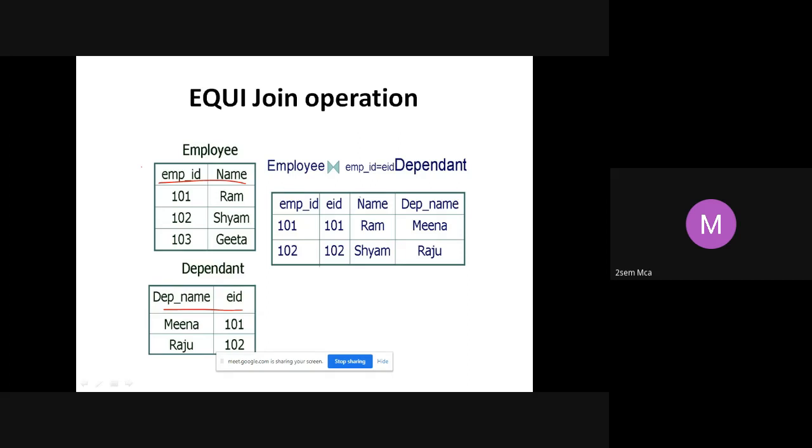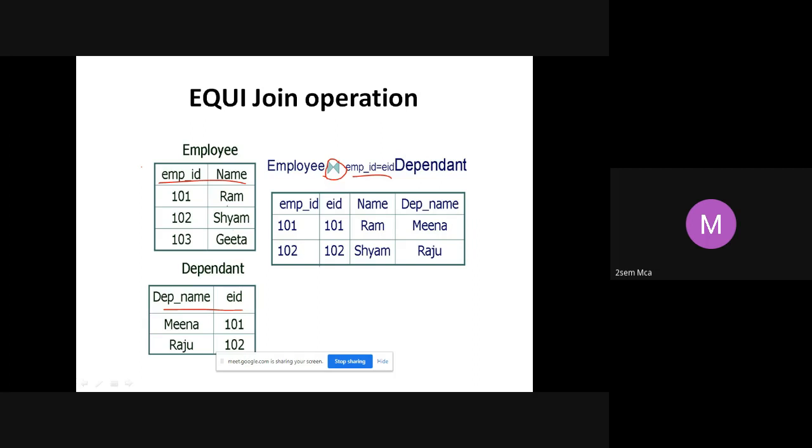Look at my join condition. We are applying a join between employee and dependent. What is the condition? EMPID is equal to EID. Wherever this condition is satisfied, all those tuples will come in my resultant relation.